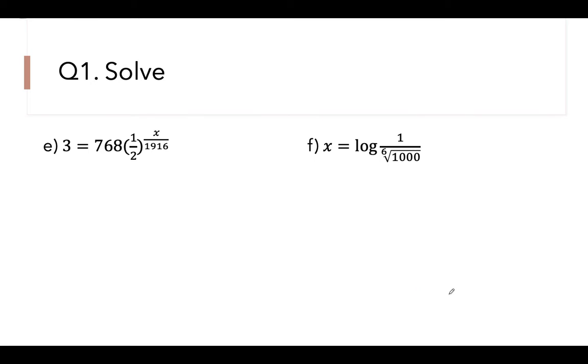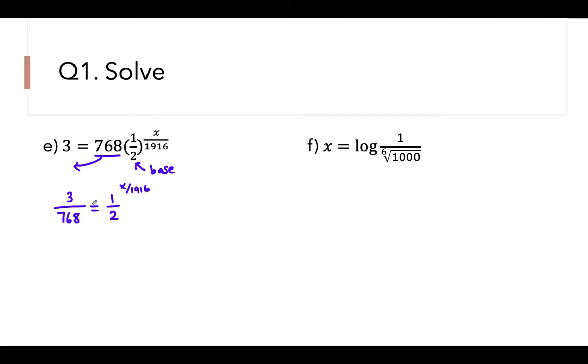Now, okay, letter E. Now this is a little bit different. So we have a coefficient here. It seems like this is the base, right? Because the exponent is attached to the base always. So I'm going to divide 736 to the other side. So move it to the other side. So it's going to be 3 divided by 768. It's a number, it's a constant. 1 over 2 x